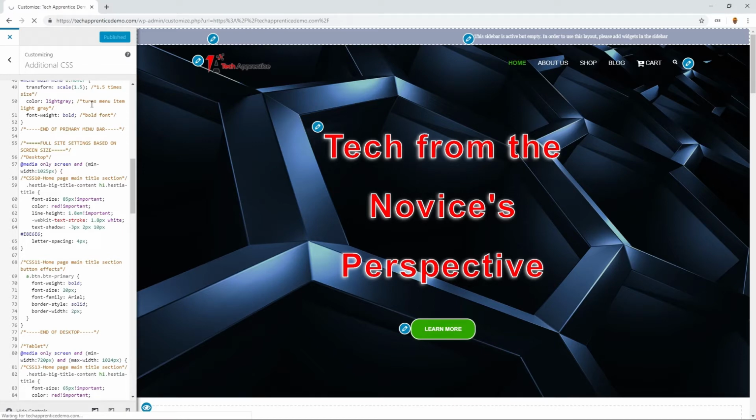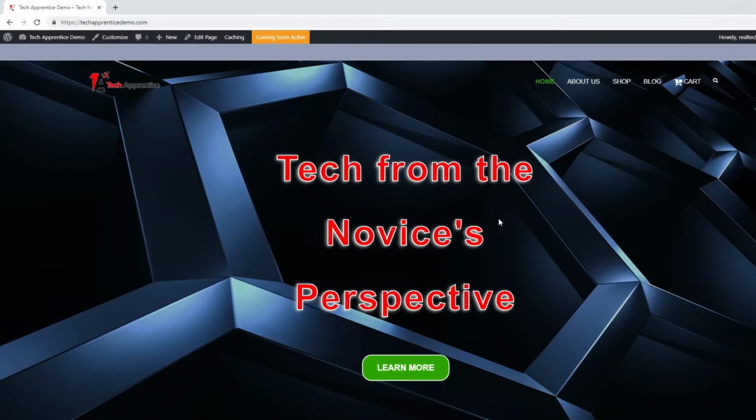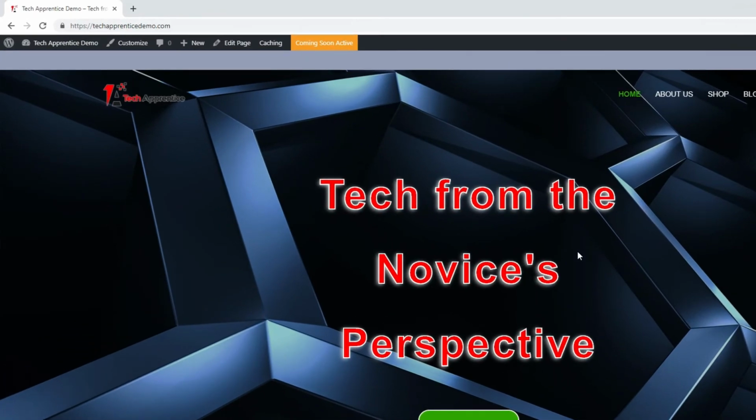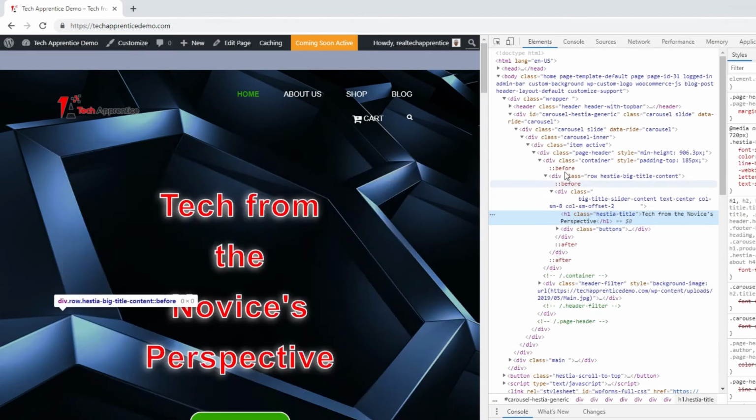Give that a second to reload here. All right, you can see the title's pretty small on this big background, so I want to make this a little more prominent. So what I'm going to do here, just to give you some background as to what I'm doing, I'm going to go into Inspect real quick. So if we right click on here and go into Inspect,